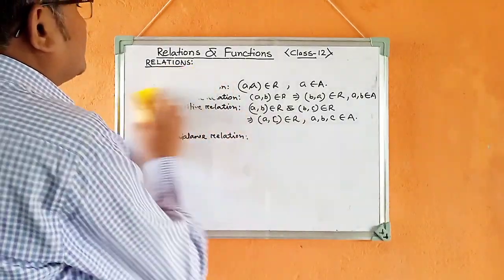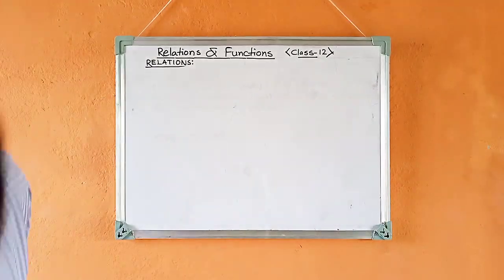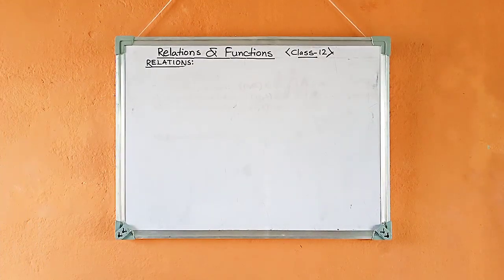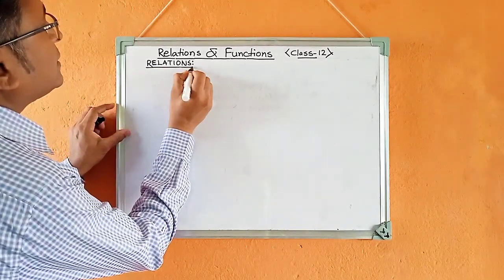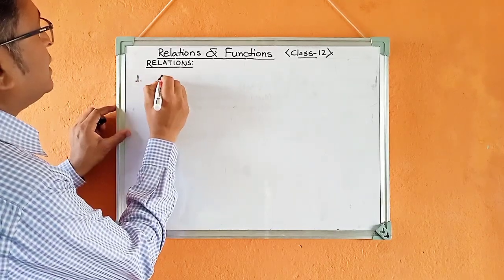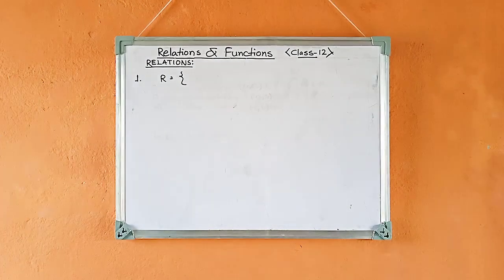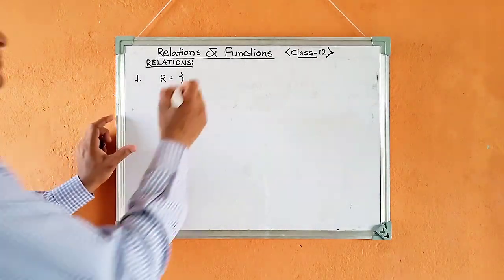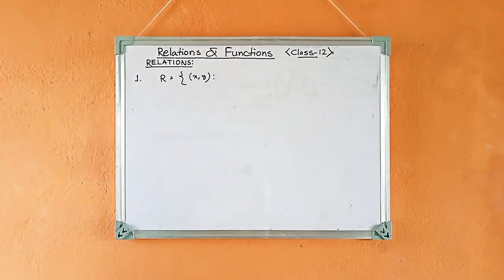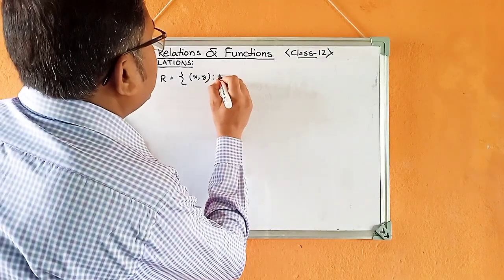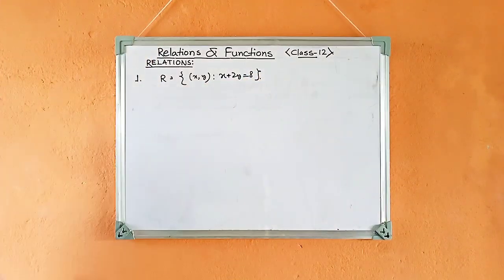Now let's give some examples. Example number 1. Listen carefully: if R equals the relation {(x, y) such that x + 2y = 8}, okay, x + 2y = 8